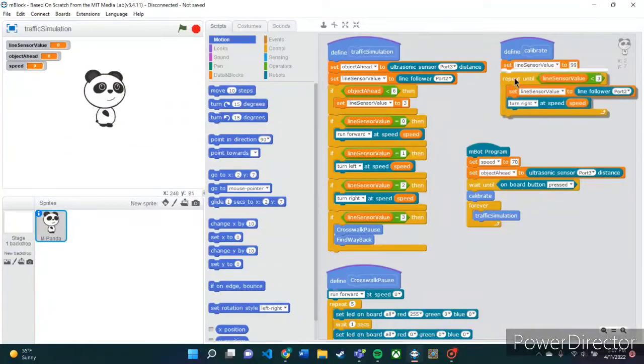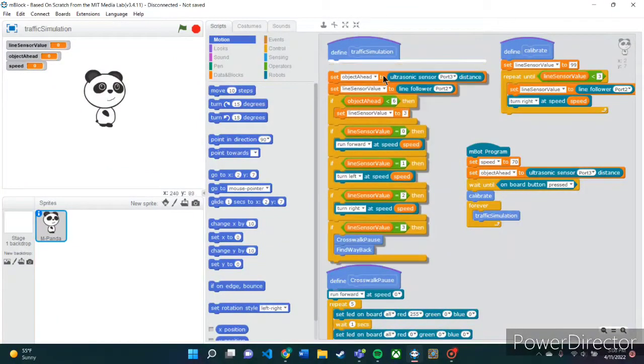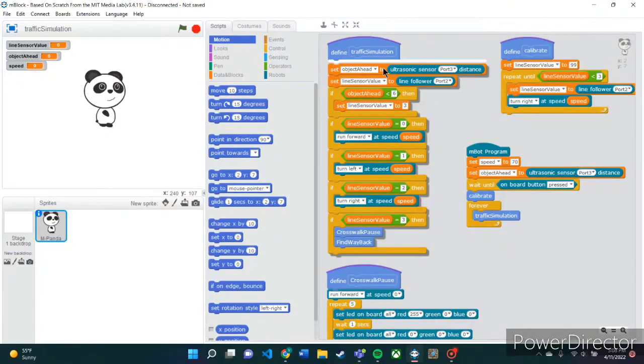We set up first the value to the line sensor to something impossible, which is 99, but it is a known value. And what it's going to do then is that it's going to turn to the right at 70, reading the value of the little line follower until the value is less than 3. Once it gets that, it's going to run our traffic simulation, and we're going to go here to this section of the program where once again